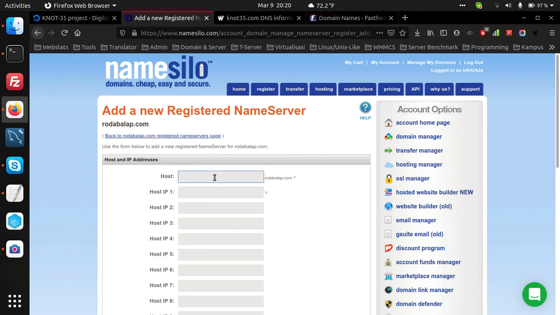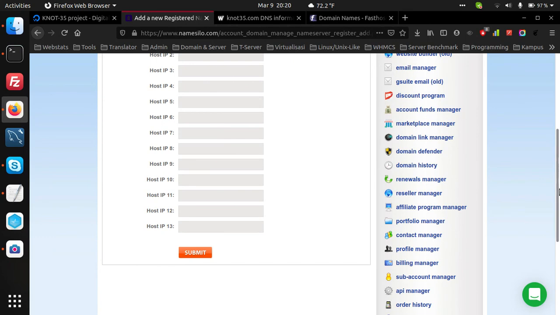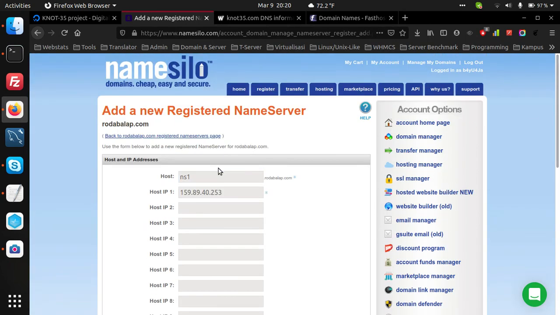Simply fill the host record and host IP like this, ns1, then you can submit, and then ns2 if you use a single IP address.